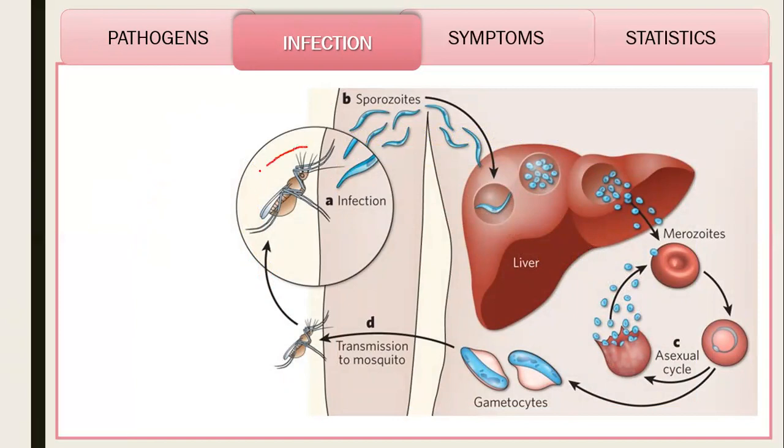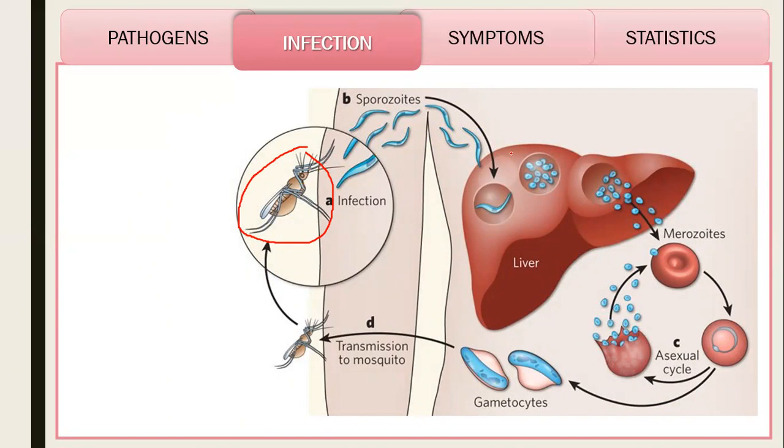Of course, if this mosquito is already infected, it becomes a carrier or a vector, and when it finds the human body to suck blood from it, because it's a female mosquito and they need blood to feed their eggs. But of course, if their saliva contains these parasites, they enter the human body and they travel